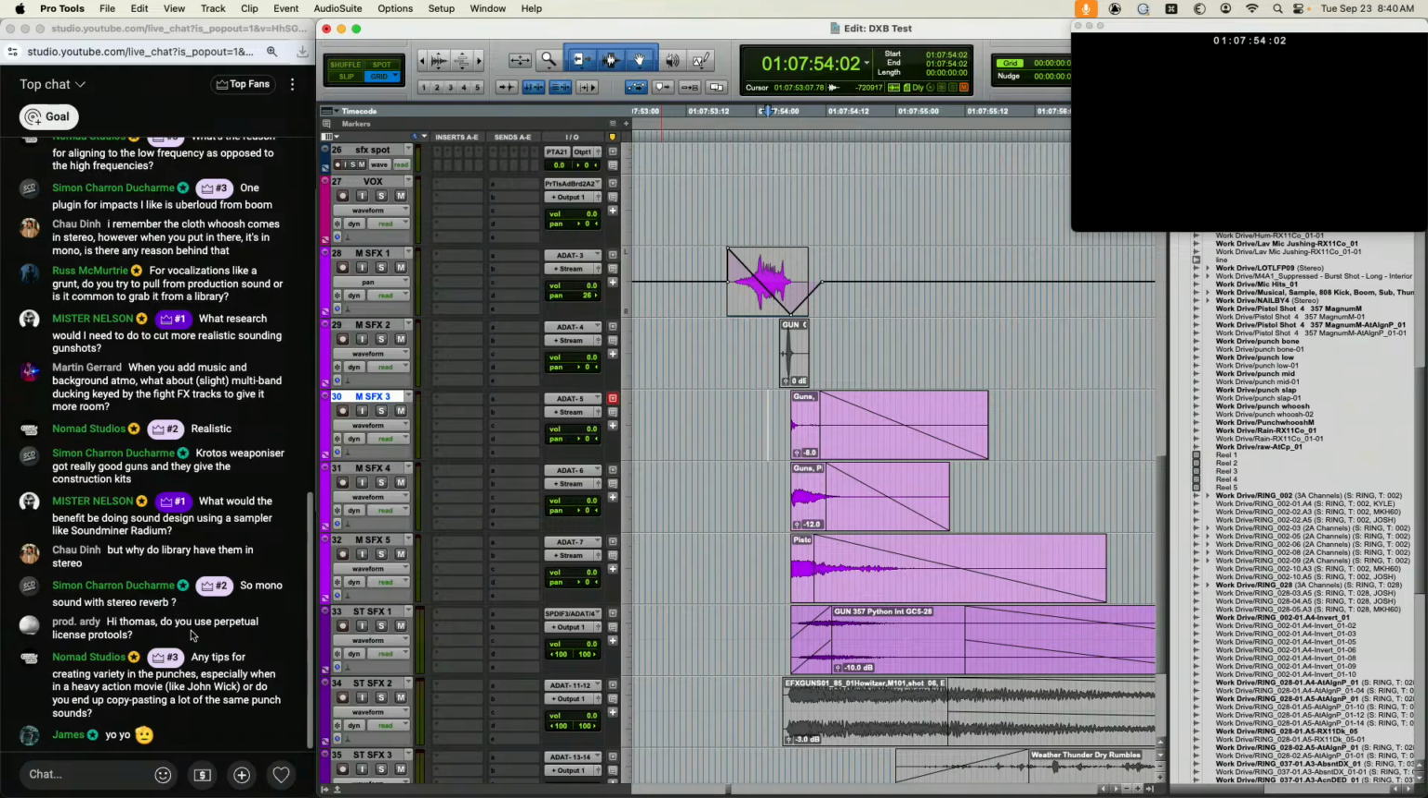Okay. Do you use a perpetual license of Pro Tools? Nope, I pay every month. Any tips for creating variety in punches, especially in a heavy action movie like John Wick, or do you end up copy pasting a lot of the same punch sounds? So what I like to do for that